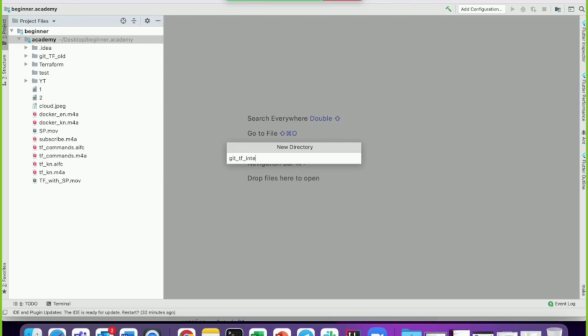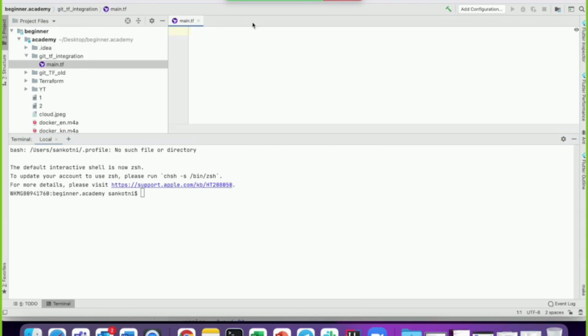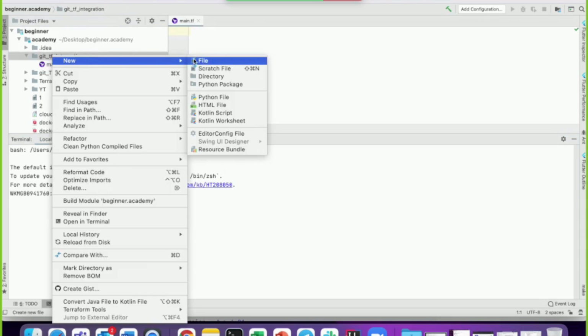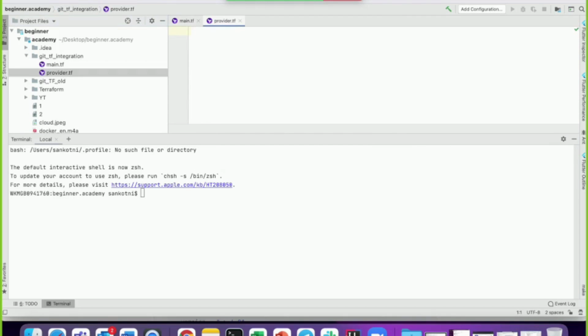Integration. So in the Terraform world, usually how you follow is create one file that is called main.tf. In this one, you keep all the resources, and next one usually we name it provider.tf. But yes, the file name should be .tf at the end. The reason being .tf is nothing but Terraform. TF stands for Terraform. You should name your file ending with .tf.